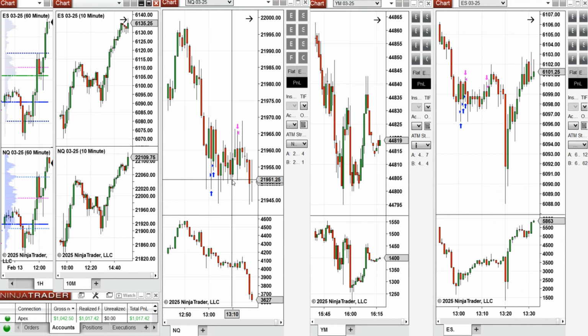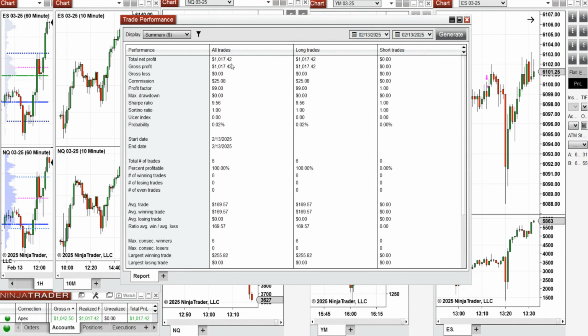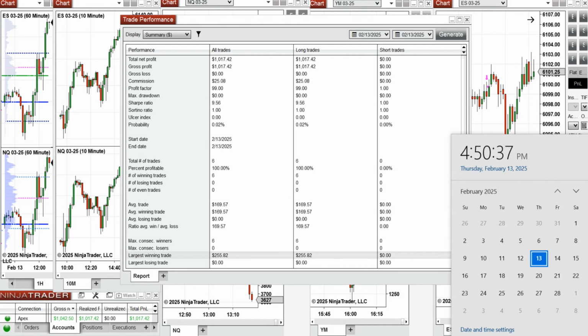on this futures platform account, and all these signals were copied by the copy trader to multiple Apex Trader Funding accounts, and you see the performance on this account shows it was positive, showing a profit factor of 99, which is infinite and cannot be calculated because we reached a win rate of 100% from the 6 long positions taken, with the average winning trade at $169 and the largest winning trade at $255. So that was the summary of the trades that I have taken on some of the futures platform accounts.